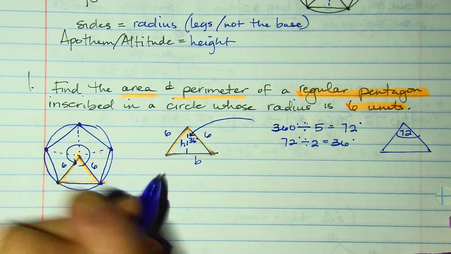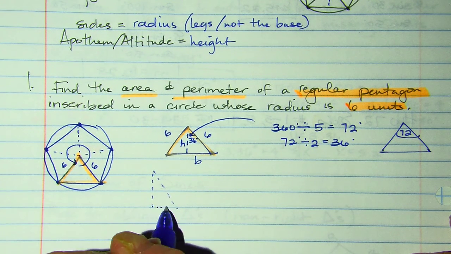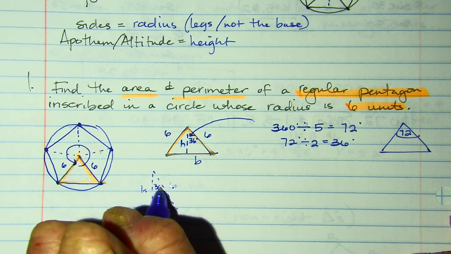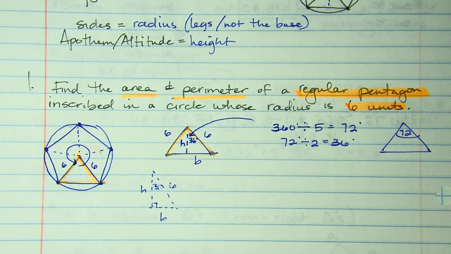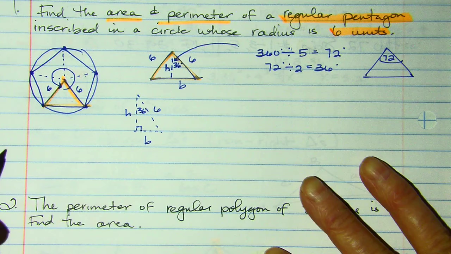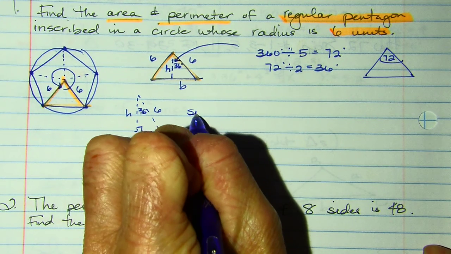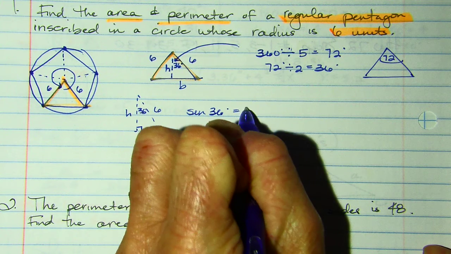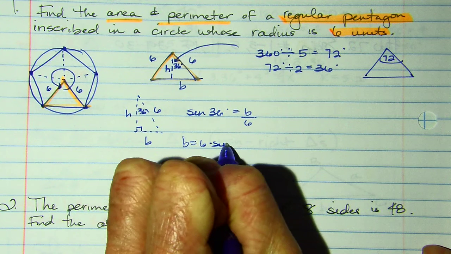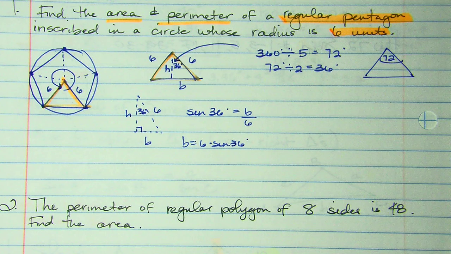So I'm technically finding base and finding height. I know this is 6, and they told me this is 36, so I know that this is 90. So there's the little triangle I'm solving for. And so we're going to use our trig ratios, right? So the sine of 36 degrees equals my base over 6. So b equals 6 times the sine of 36. And so my base is, I believe,